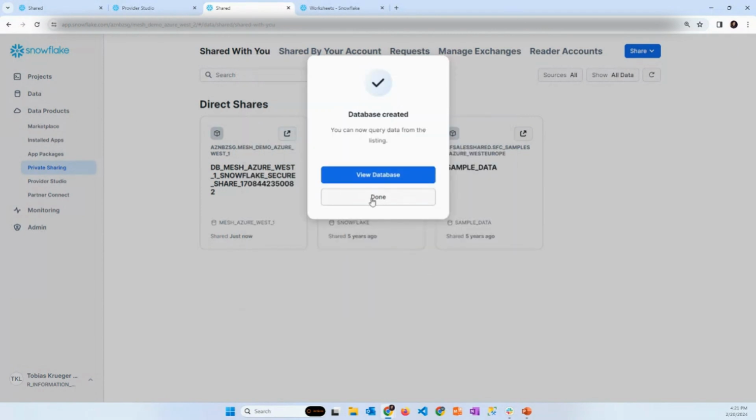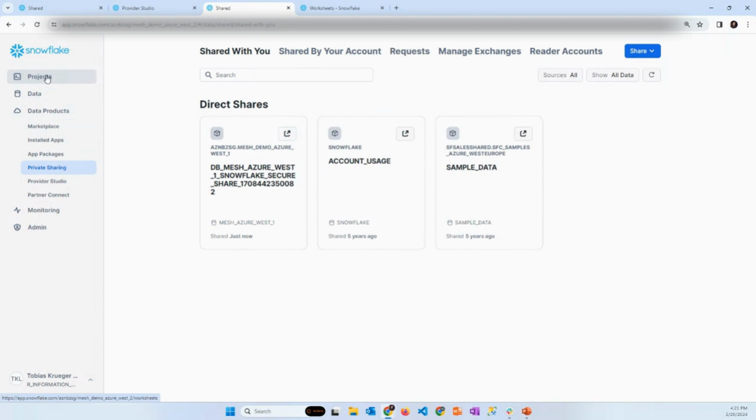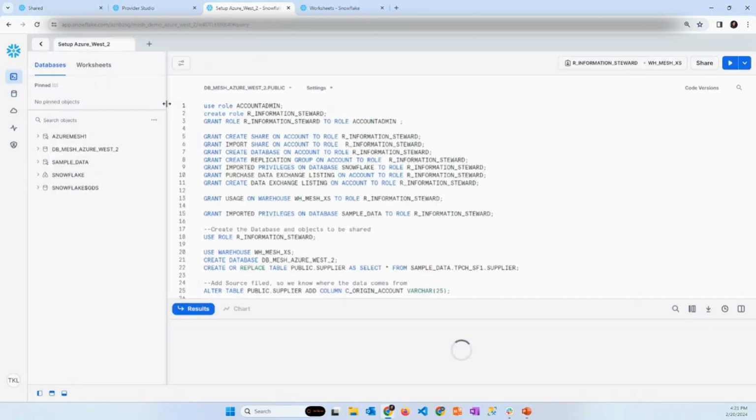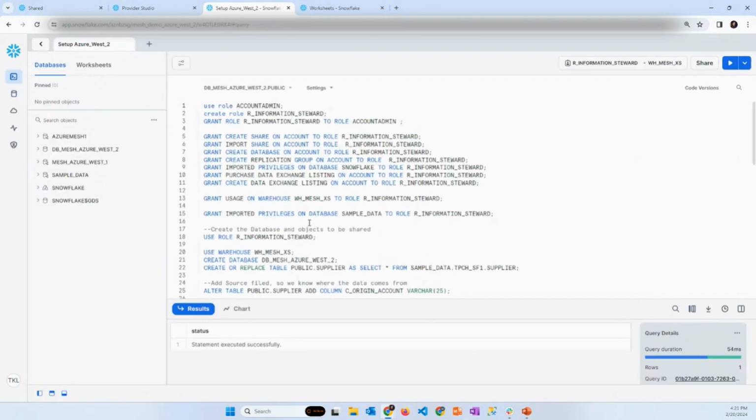So let's get it here. Done. And then let's go into here. So we have basically the same setup that we also had on our Azure West 1 account.